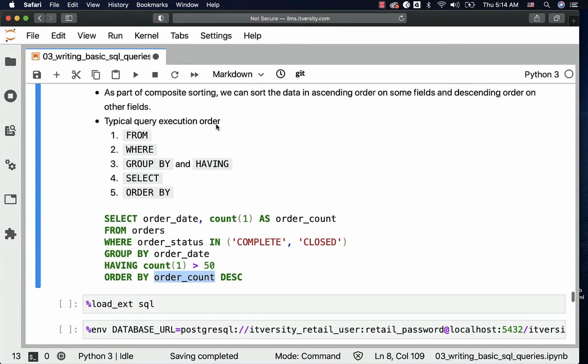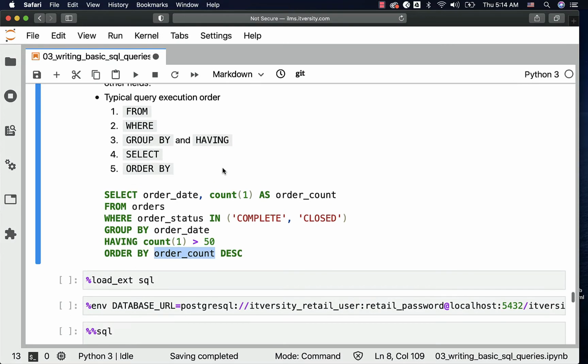Unless and until you understand this query execution order, you will be making some silly mistakes. That's why it is very important for you to spend some time and understand how the query is typically executed. The only reason we are able to specify the aliases as part of the order by is because order by will be executed after select, and select will be executed after all the other clauses that are specified as part of our query.